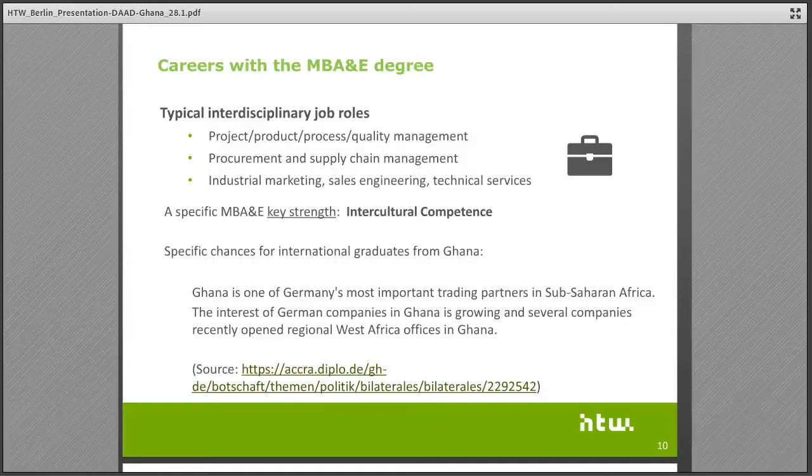Just to mention a few, we have alumni working for Daimler, Bosch, Siemens, and Volkswagen, for example. But we also have a lot of alumni who find very interesting positions in startup companies here in Berlin. All these positions are quite international, and this is also because of our specific key strength, which is intercultural competence.